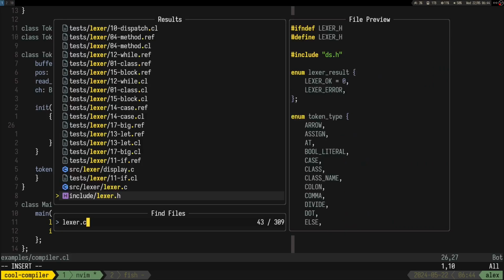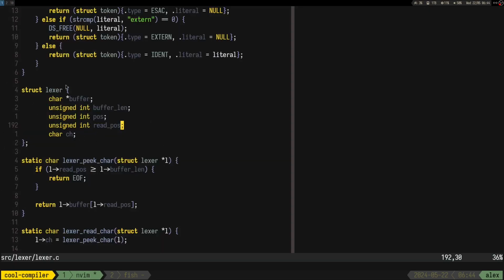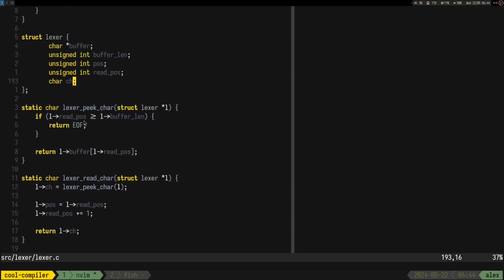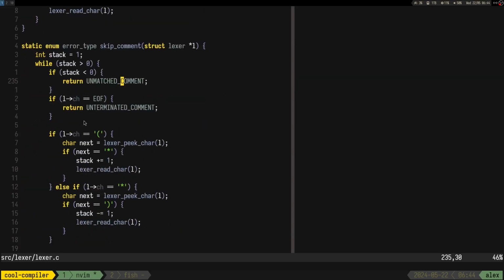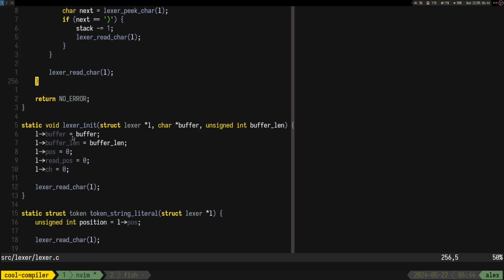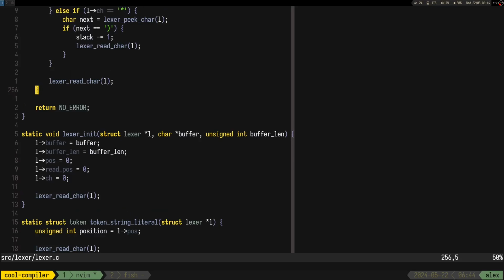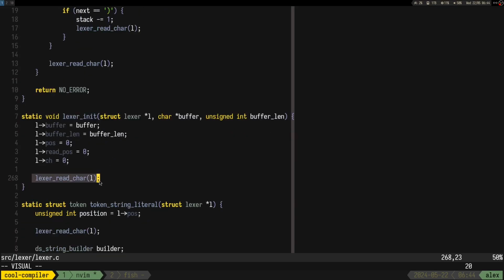And I mean, funnily enough, we can just look at how I did it here. Right, I'm curious about lexer init, right? So lexer init initializes everything with zeros, and then we were doing a read char.